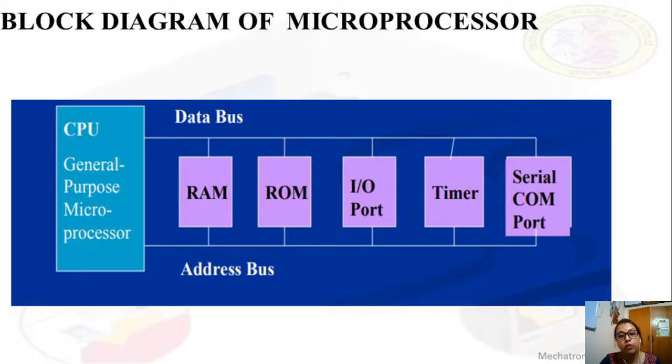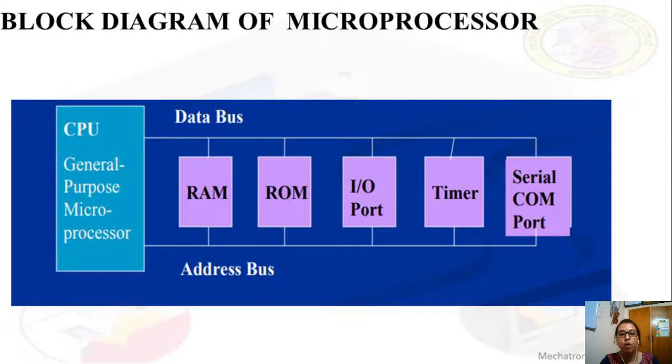Next, input-output ports. For the PC, the personal computer, which are the input-output ports? Input devices can be a keyboard, floppy disk. Output devices are mainly printer, scanner, then LED, LCD, CRT monitors. So these are all output devices. This memory, the input-output devices, and the interfacing timer, serial communication ports, parallel communication ports are called peripheral devices.